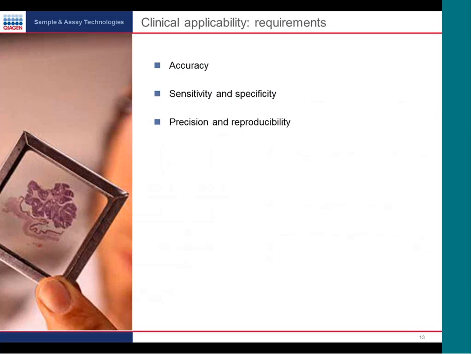Now, to make sure that these gene panels are applicable in a clinical setting, it's very important to do the initial verification. We have to look into the accuracy, sensitivity and specificity, precision, and reproducibility. And we have done these for all the 14 panels we have. Ideally, you should do all these things with each and every panel. But since we are dealing with 14 different panels, I'm going to show you a few representative examples of different panels.